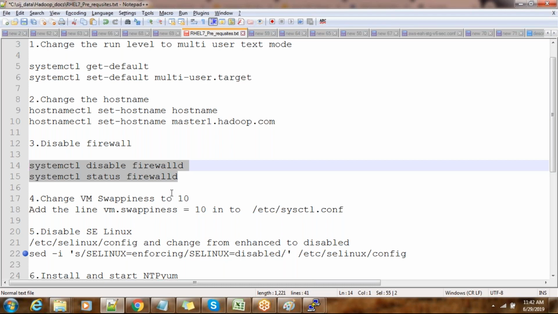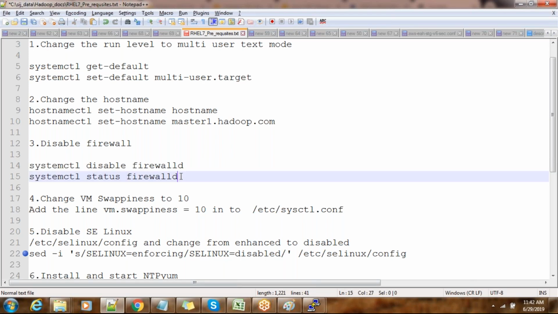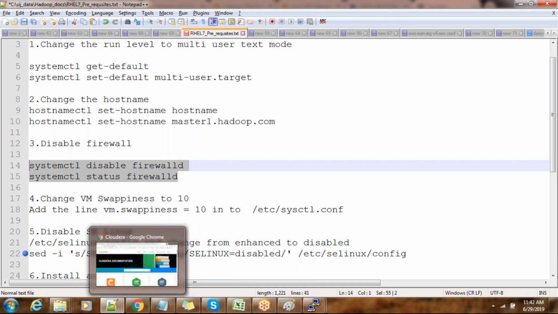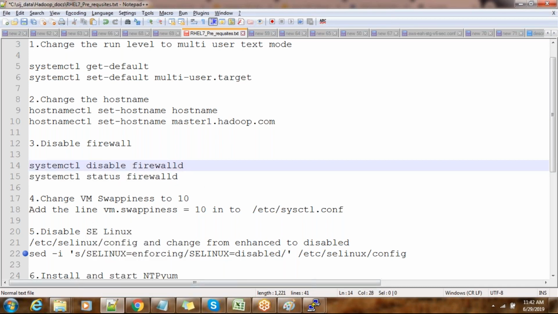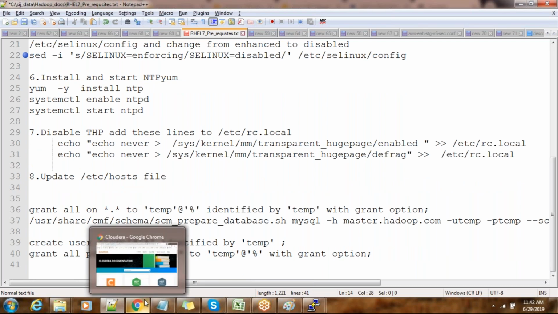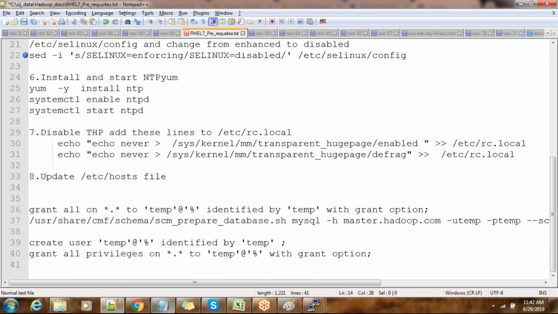Most of the components work in a networking fashion, and you need those ports to be open. I will explain this in detail, including why we need each prerequisite, but just to understand some of the prerequisites we need, and this is just a simple installation. We will do that and explain in detail.